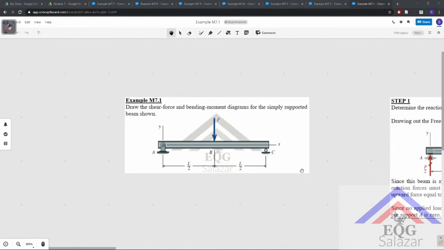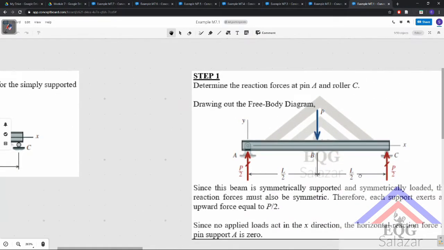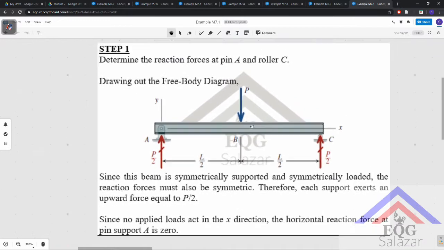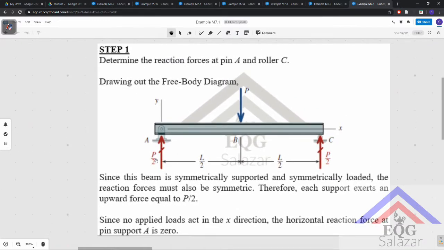Alright, so to determine the reaction forces at the pin A and roller C, we have to draw out the free body diagram. Since the beam loading is symmetrical, it would follow that the reaction here and the reaction here would be equal. And so if that's equal, then by summation of forces in the y direction equals 0, since this is supposed to be in equilibrium, then